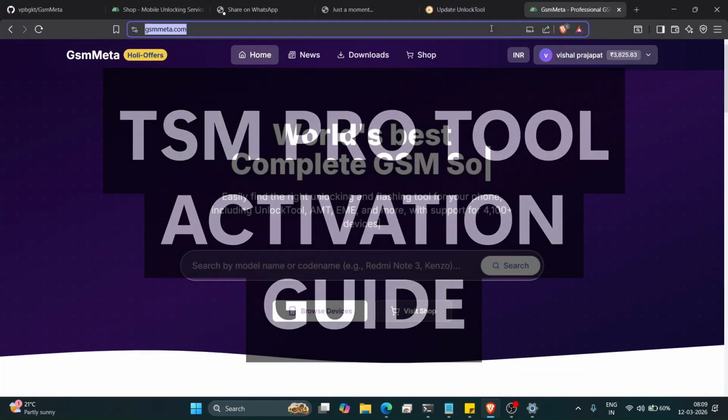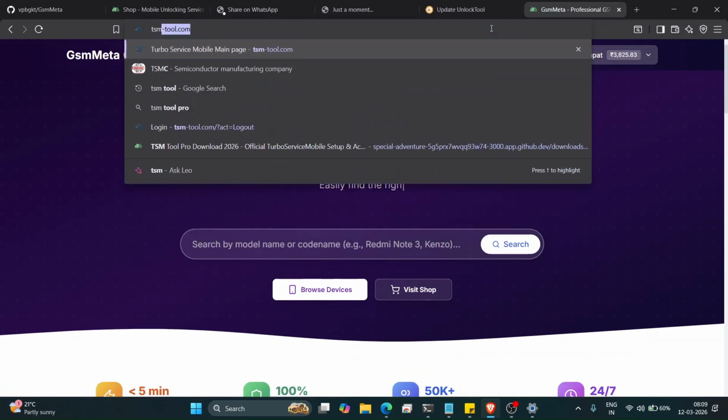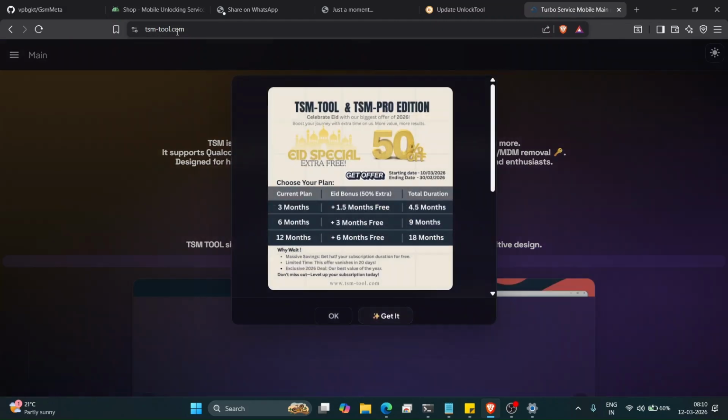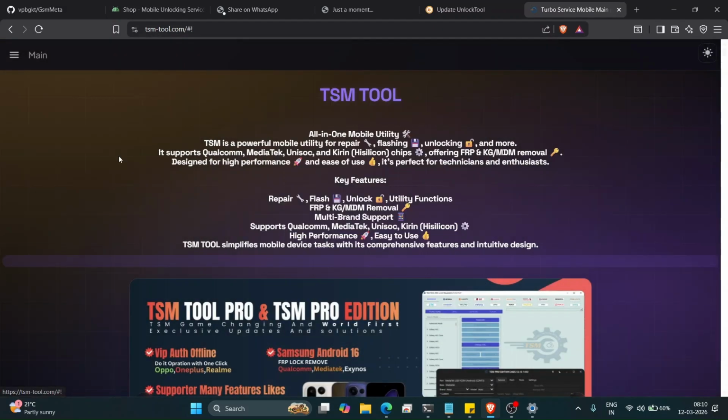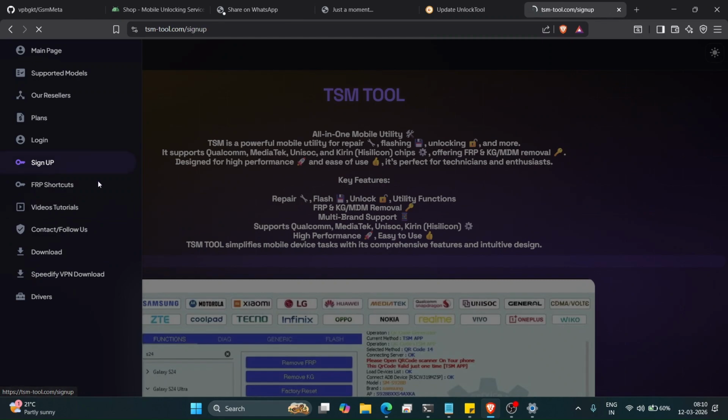In this video I'm going to show you how we can activate TSM tool. So first we have to open this website tsm-tool.com, and after loading we have to click on this side button of menu. After clicking on that we have to click on this sign up,